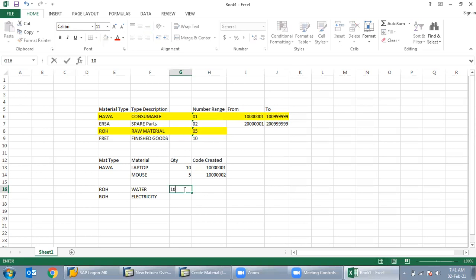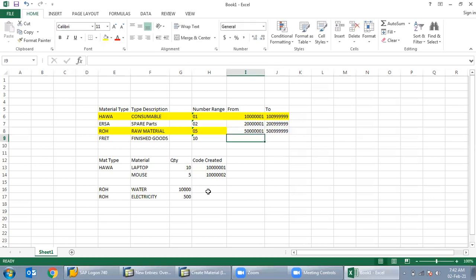Water is like 1,000 gallons, 10,000 gallons, and electricity like 500 units. So these raw materials we require. What material code will be created here? Just tell me what material code will be created. If you understand, you can answer.